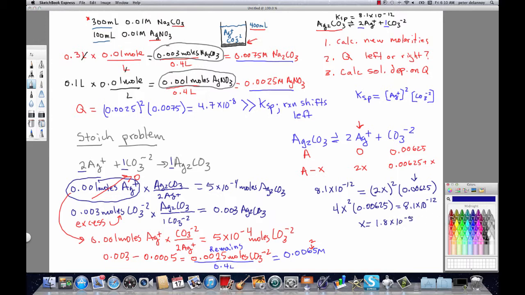Now, one caution here. This is our new solubility. You need to compare this number back to the 0.00625 and make sure that these two numbers are suitably far apart. How far apart should they be? The bottom line is that what I normally do is apply the 5% rule to this. So I would take 1.8 times 10 to the minus 5th and divide it by 0.00625